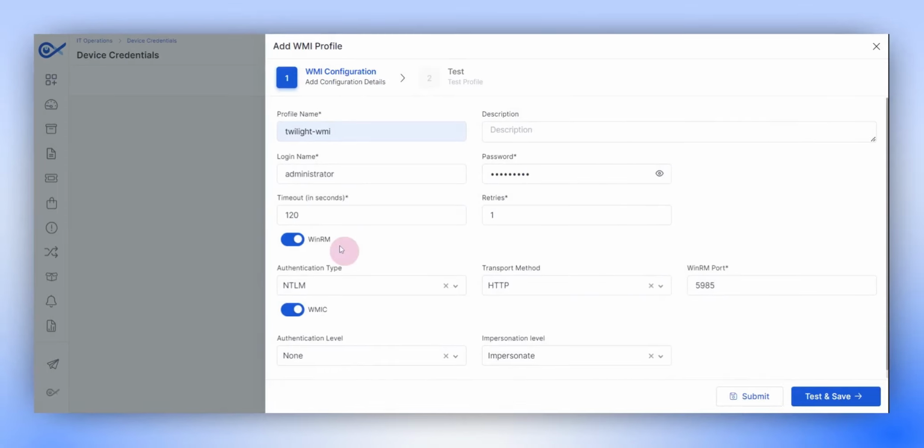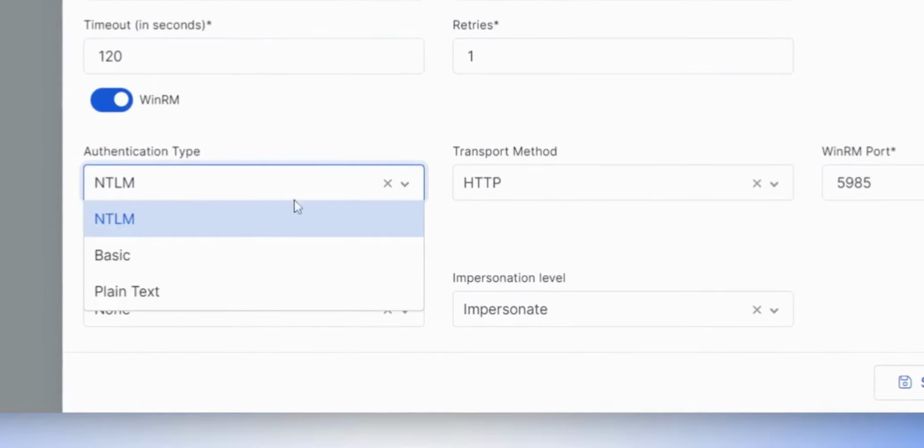Further in the panel, there is an option to choose between WinRM and WMIC. WinRM, which stands for Windows Remote Management, is a protocol used to remotely manage computers within a network. It offers various levels of security and compatibility, with NTLM being the most commonly used in Windows environments. NTLM, short for Windows New Technology LAN Manager, is a security protocol used for authentication in WinRM, primarily in Windows